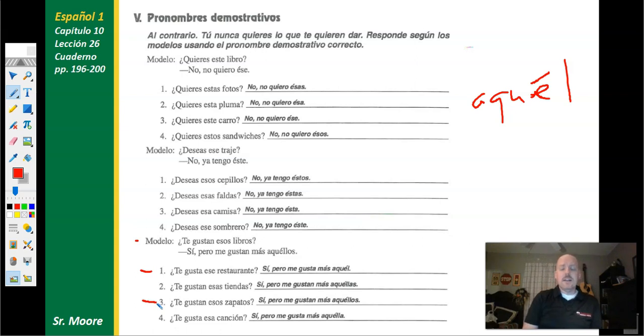Sí, pero me gustan más aquellos. Aquellos is masculine plural. Why? Why would aquellos be masculine plural? It's because zapatos, the word that it is replacing, zapatos, shoes, is a masculine plural word. And when a demonstrative pronoun replaces a noun, it has to agree in gender and number with the noun that